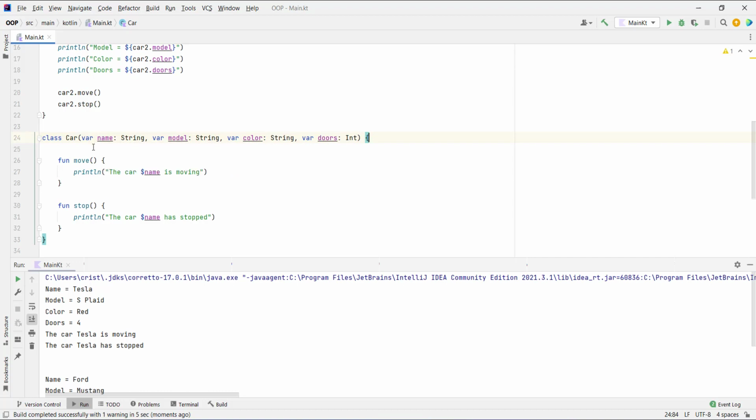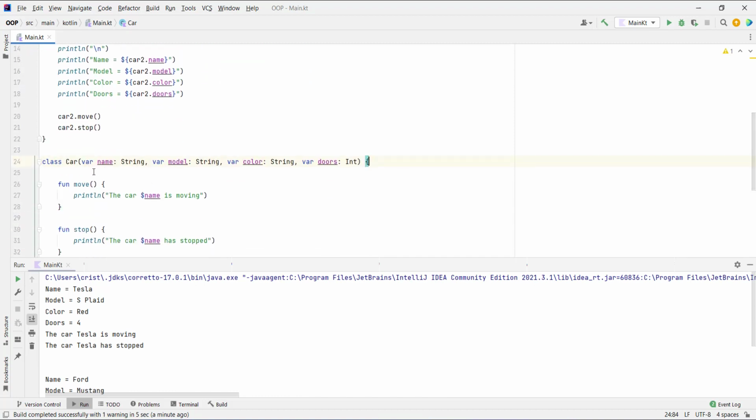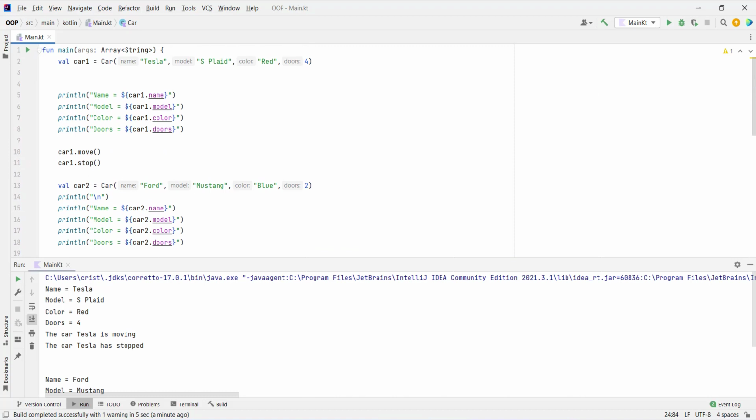So the question may arise when to use properties and when to use parameters. To answer that question, you need to have in mind that if you want to do some work before you assign the value to the property, because in our case the value that is passed here is directly stored in the property, we cannot add some validation to check, I don't know, if this name starts with a specific letter, or if it's uppercase.